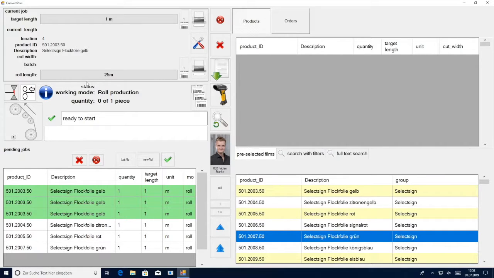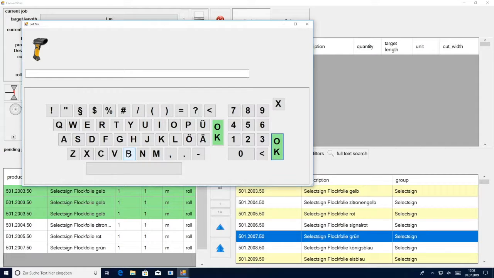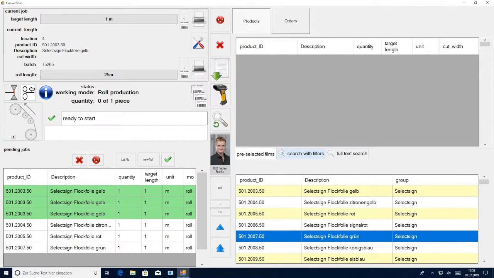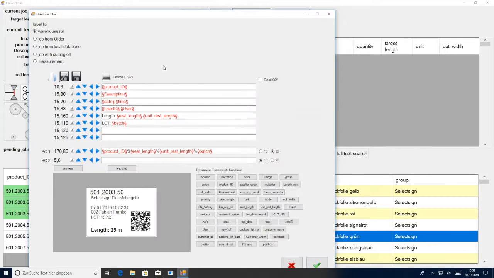Here we can manually enter lot numbers of a product by selecting lot no. After typing in the lot number, it is displayed here under batch. If you have your label configured to display batch, this lot number will now be printed on the label as well. And if we go into the system settings, we can see the lot number that we just entered is displayed right here.